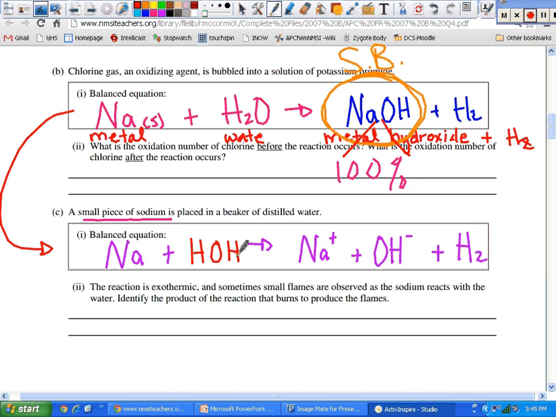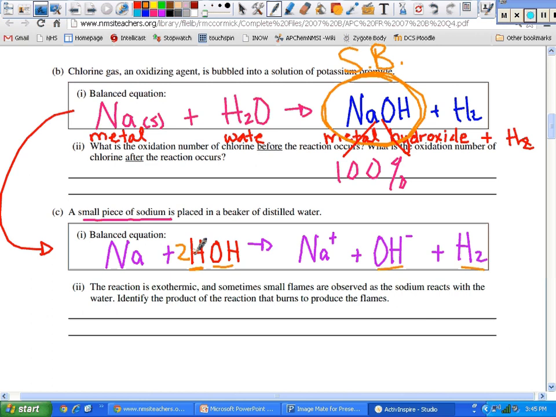You have 1 Na, 1 Na, 1 H. Treat this as a hydrogen ion. How many H's over here? Right here you've got 2. But how many hydroxides? You've got 1. So I need to stick a 2 right here. But what did that just do to my hydroxides? It just gave me a 2 right here. Now,